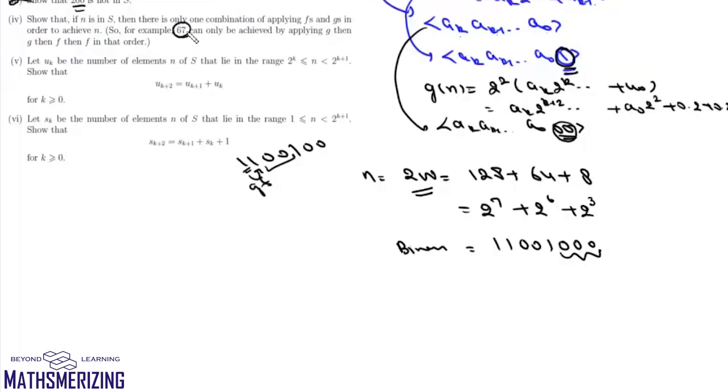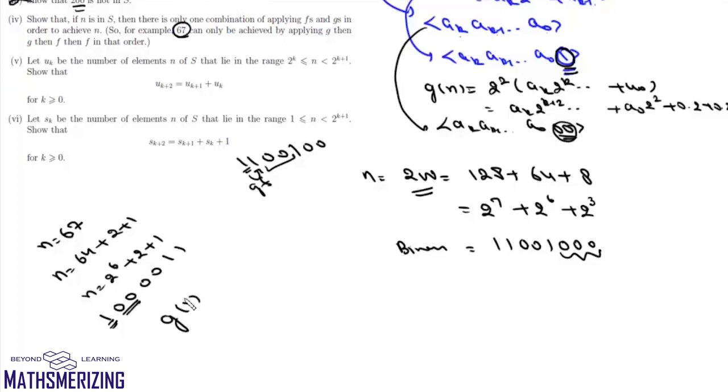So for this, if we take this example 67, now 67 is 64 plus 2 plus 1, which is 2 to the power 6 plus 2 plus 1. So this number will be 1, 0, 0, 0, 0 and then 1, 1. Now we'll start with 1. Now first we have 2 zeros, so there'll be G and then again 0 0, so it'll again be G, and then we have this 1, so it'll be this F and then we have this F. So the unique combination possible for this number 67 will be F, F, G and G, which matches the given sequence.